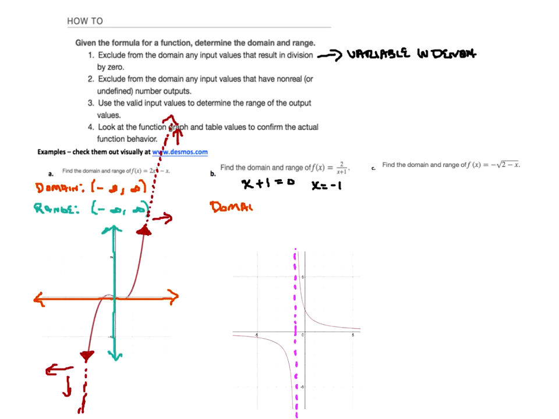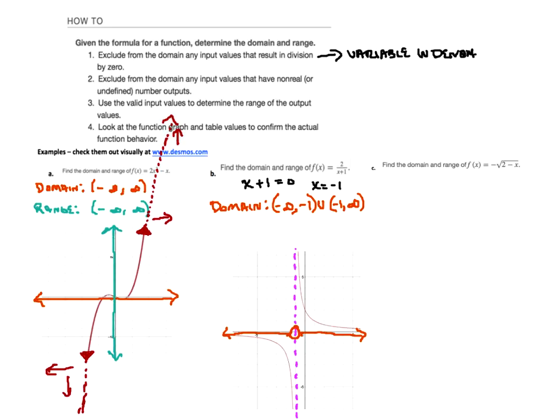Let me go back to my color coding. My domain here comes from -infinity all the way up to, but does not include, I'm going to put a big old open circle there, -1. But then it picks right back up and moves through positive infinity. So my domain goes from -infinity to -1 non-inclusive, or I can be in the interval from -1 through positive infinity.